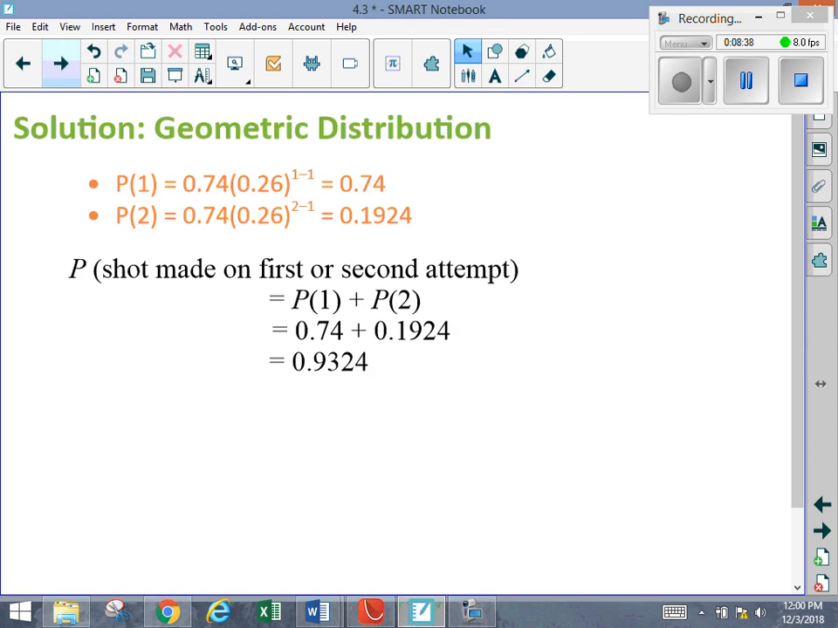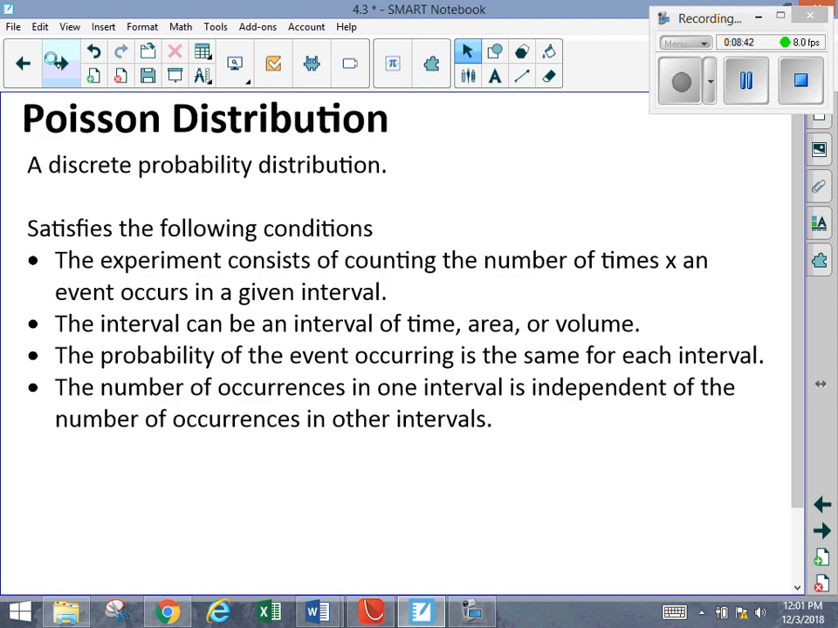If we were going to use a formula, that's what we would have done. We're using our calculators. So here we go. Poisson, like les poissons. Okay, so